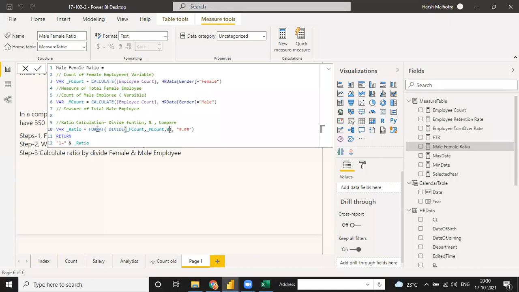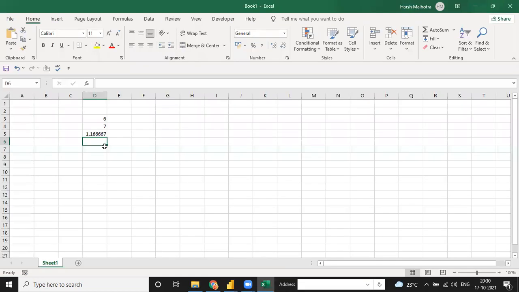Okay, and we have just divided, and after that we have put the return value. See, here we put a one. One means we have calculated one male in the ratio. What is the value that is given? If you divide, let me tell you, this is female and this is male, and you have a total, suppose 13.